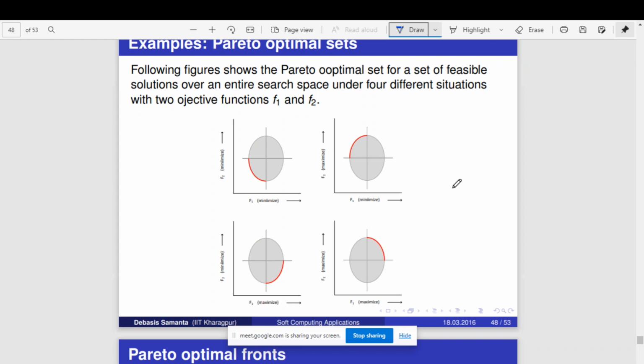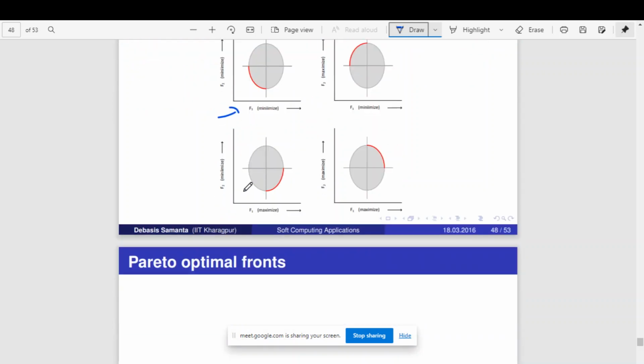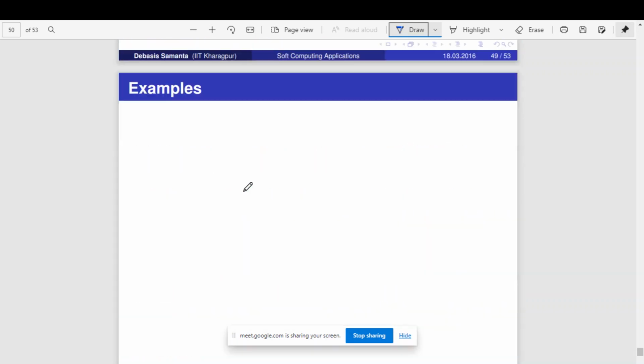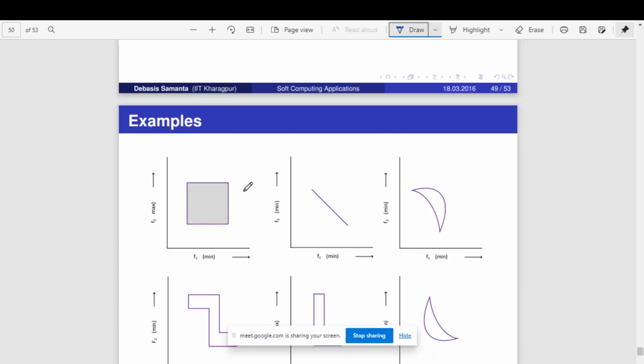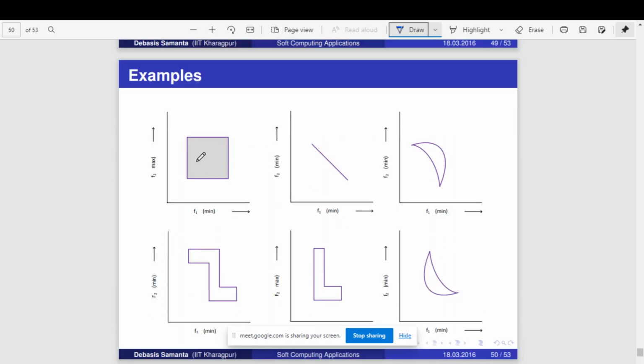So whatever we have discussed there, that is what's shown here. So how the Pareto optimal front varies with respect to minimizing and maximizing different functions. Okay. Similarly, with different shapes also you can try. Say this, if the solution is like this, for this function, where is the Pareto optimal front? Is there any Pareto optimal front for this solution or not? For the first one.